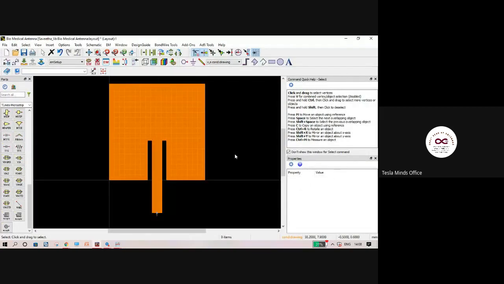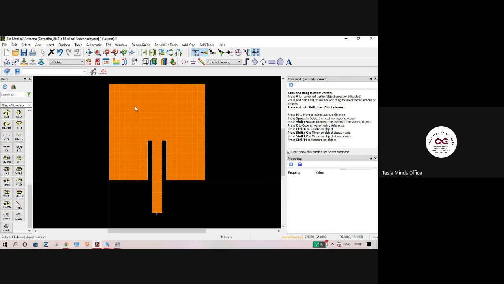Right, so we have designed this antenna, we have analyzed the S11, and then gone back to the substrate. We have just changed the tangent delta value. Then we resimulated this design and analyzed the radiation pattern and all the other parameters, right? So 10 different parameters we have visualized for this simple rectangular strip patch antenna. But now, since we are all comfortable with this design, I am okay with this design.